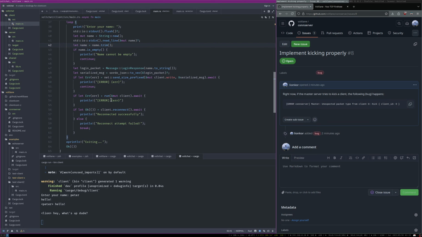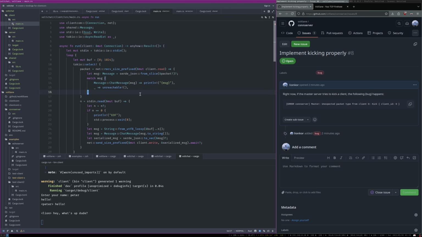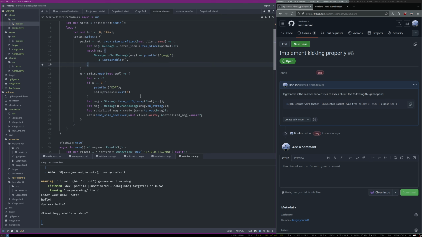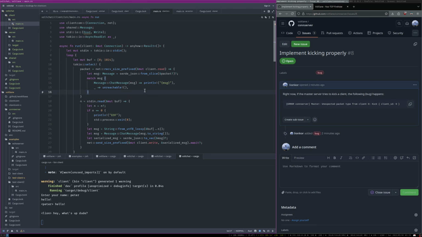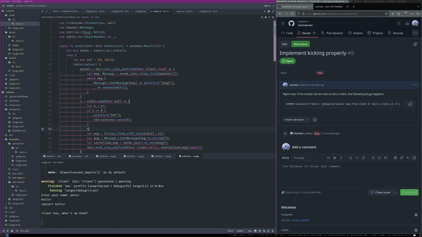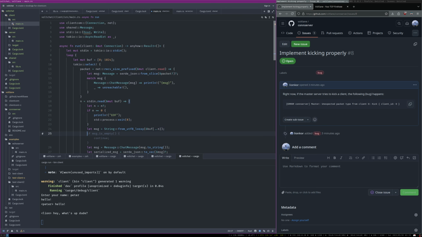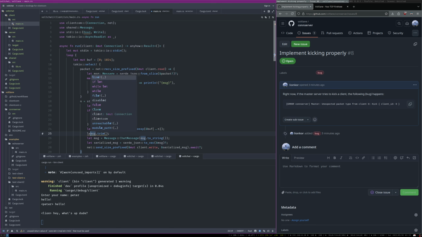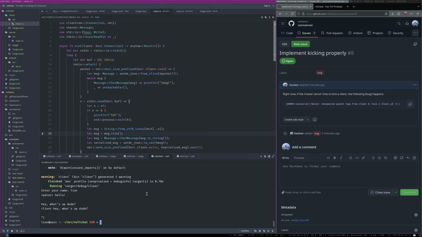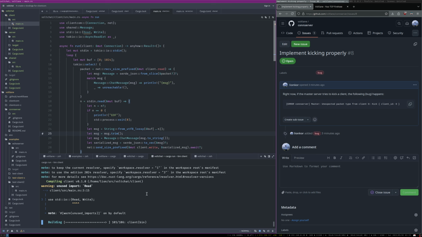And I think we also should trim the messages before we send them, because it's a little strange to be doing it like this. Buff dot, oh no, message trim. And as you can tell, it's kind of not that terrible. Oh,